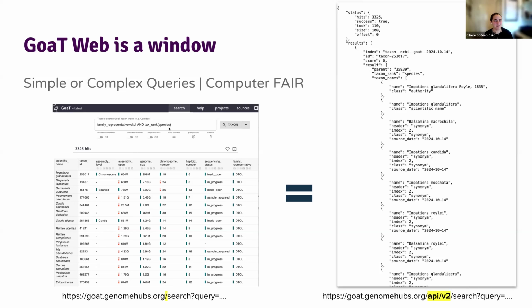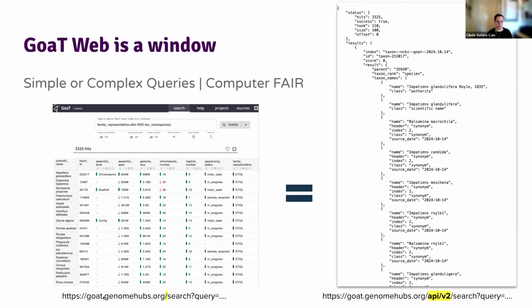And that's why it's so complicated to find an easy way to summarize what can be done in a search box that is GoaT UI. But over time, as you understand what things are out there, you get a better sense of how to use these terms. So as you can see here, we have the GoaT UI, and you can type things and get a table, and it will generate a link for you.